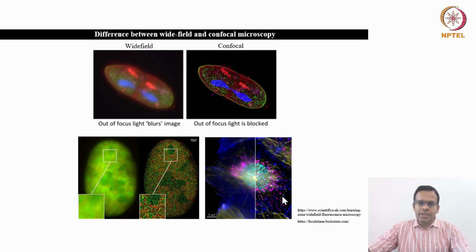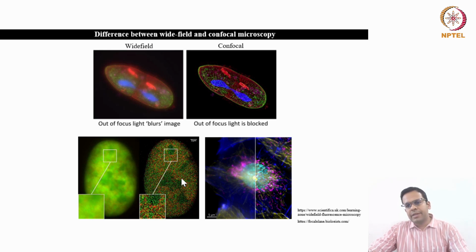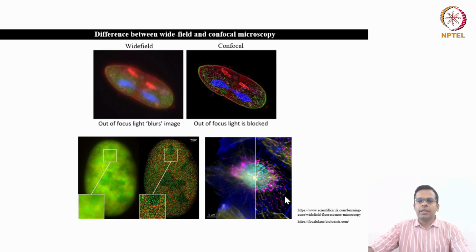So here are two more images to compare the image quality between the confocal and the wide field. The left side image represents the wide field image and the right side image represents the confocal image. So the question is, if only the confocal microscope can produce this kind of crisp image, then why should one use the wide field microscope? Okay, so the answer is that for 90% of applications, wide field microscopy serves the purpose, but only for some specific applications, which we'll discuss later, is confocal microscopy used.